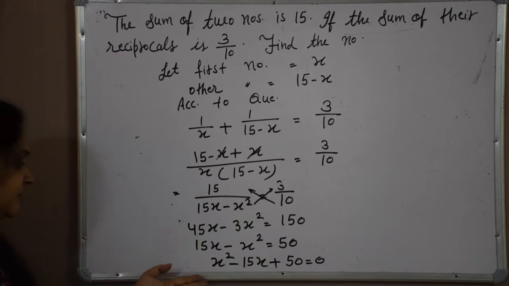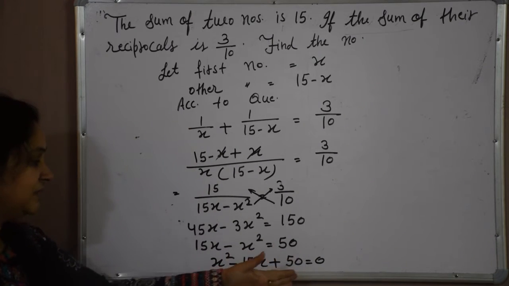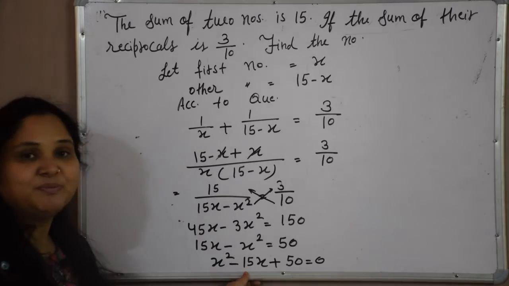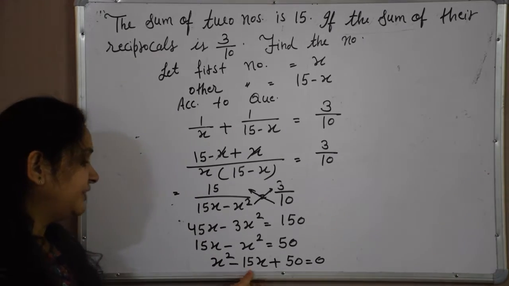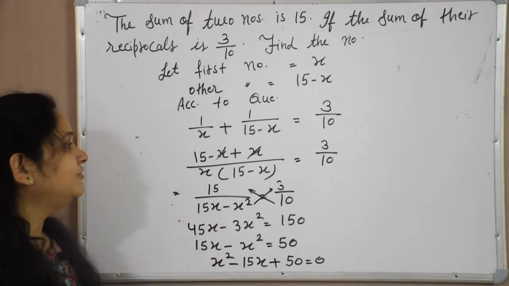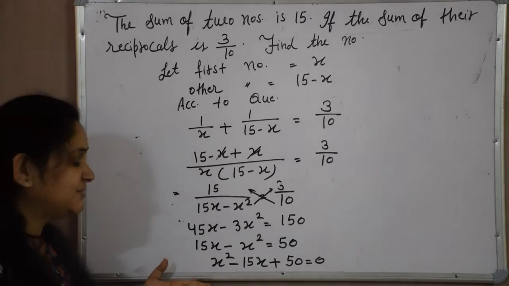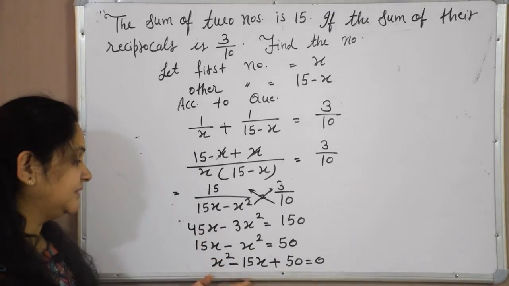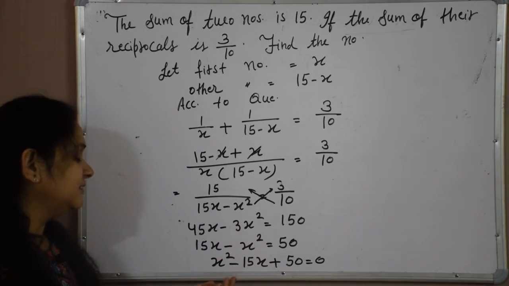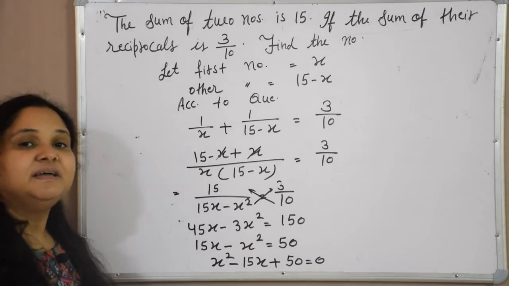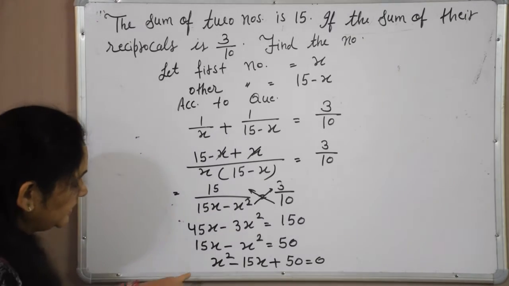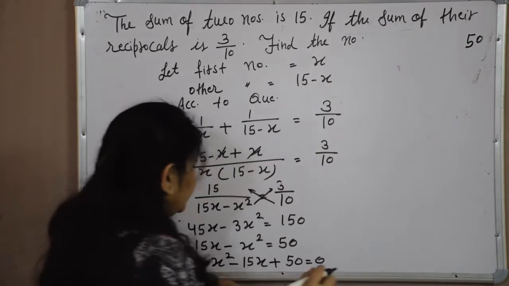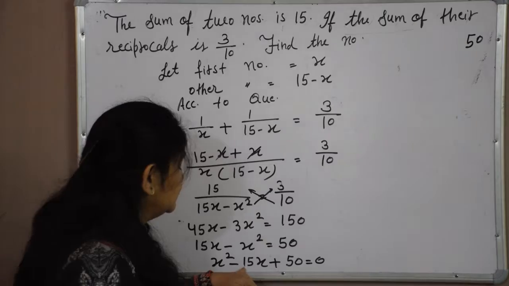So we got a quadratic equation, x square minus 15x plus 50 equal to 0, where c is equal to 50, and we have to bring two numbers such that their sum should be minus 15 and their product should be 50 if we are solving this equation by the factorization method. Because the numbers are very small, we can easily use the factorization method. If the quantities are larger and it seems difficult to make the factors, then we generally use the quadratic formula. So here we can easily use the factorization method. Our product is 50. We have to bring two numbers such that their sum should be minus 15.